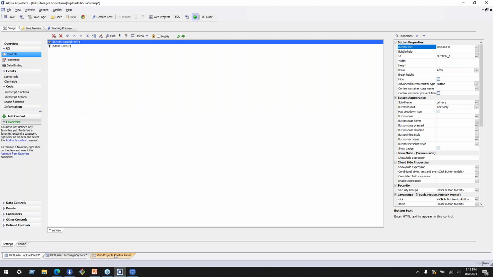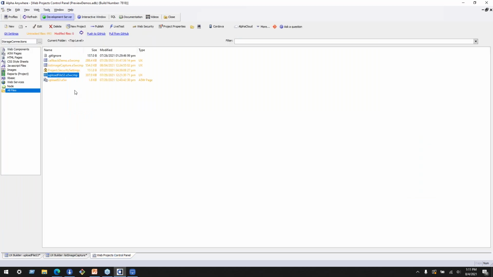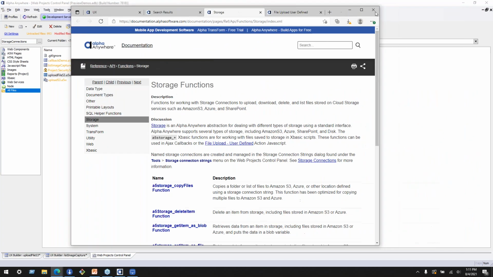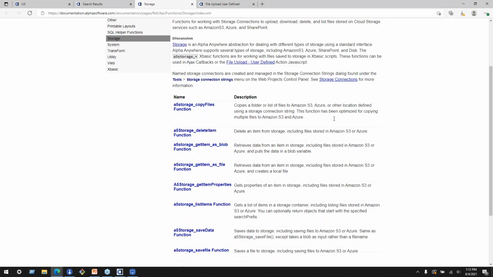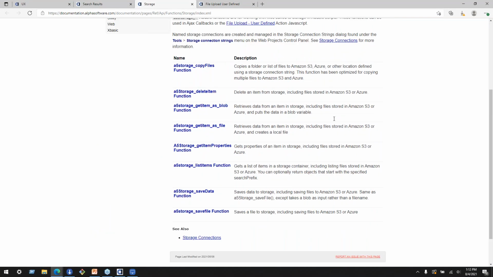So that's the end of those demos I showed last week. A third thing I wanted to get to, which I wasn't really going to have time to do last week, but we do have time to do this week, and it's what I want to cover this week, is the storage functions themselves. These are Xbasic functions you can call in server-side scripts, and they do things like bulk upload